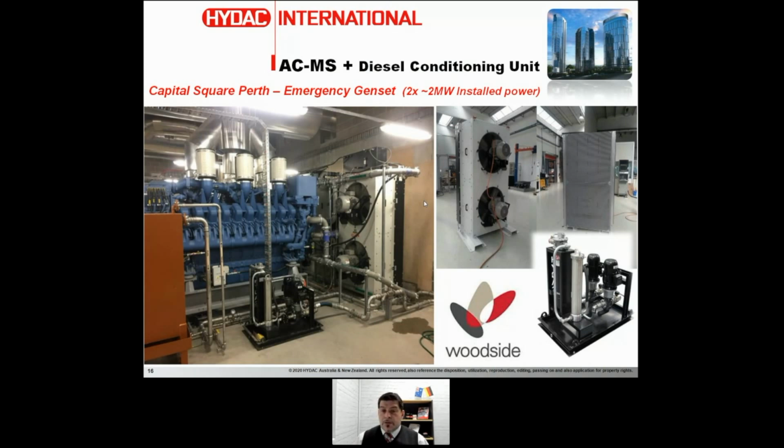But we didn't want to just supply the cooling package, and the customer and the packager, the Australian packager that we worked together with, they came to us and said, look, they got really an issue here because the level -2 will be your big diesel tank, and the level -1 where the engine is and where this big brownish tank here is the daily tank. So we need a little skid that mainly conditions, cleans, and keeps this diesel always clean, because in the event of the emergency, since this is an emergency genset, the engine has to fire up and the diesel has to